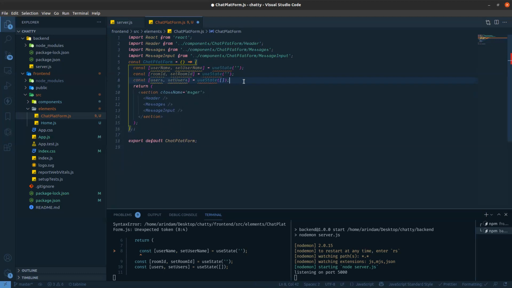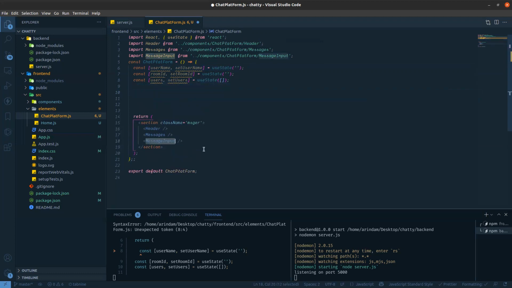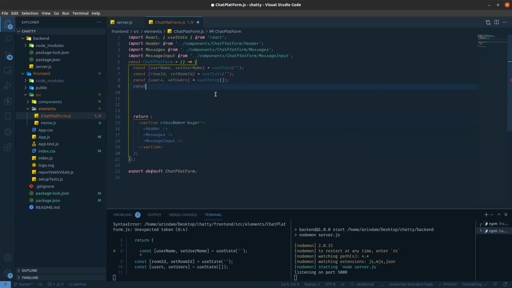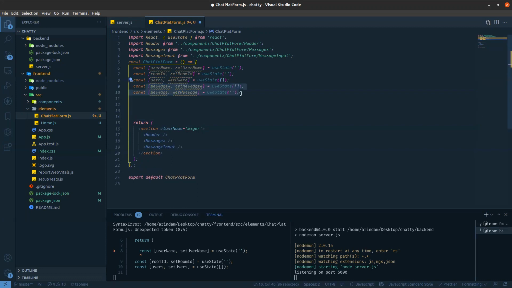Okay, we also need to bring useState. Another thing: there is one message input here. Some user will type a message in that input box, so we need to hold that message. So const message and setMessage holds the message the user provided from the input.